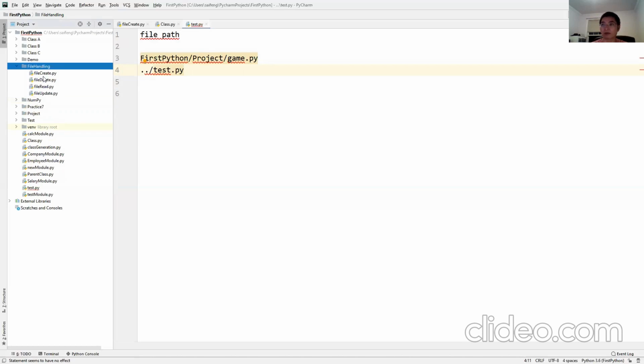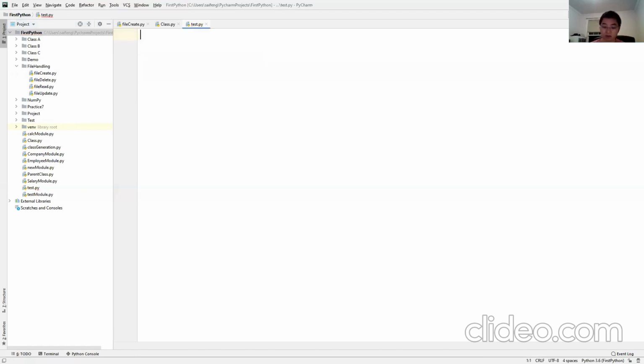Look at it again: suppose I'm here in file create, I need to access test.py. This is my current folder. I need to go one folder up, go here, and then under this folder, I should be able to find test.py. Okay, so that is the file path. So now, when we're talking about manipulation against a file, the most important function we're using is what?